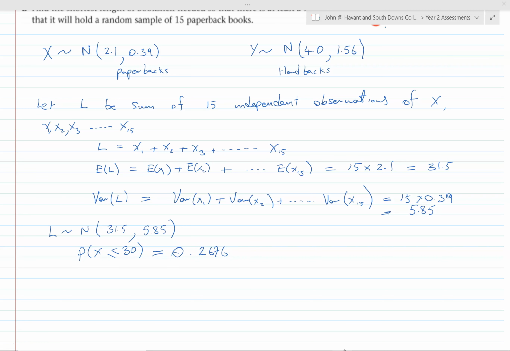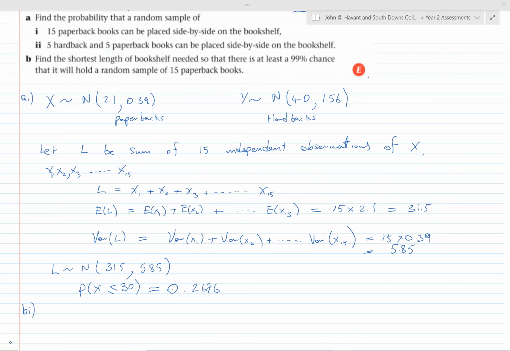Okay, just so that's the answer to that. Okay, so that's the first part. Okay, the second part is very similar really. It just starts talking about 5 hardbacks and 5 paperbacks. So I'm just going to let G be equal to